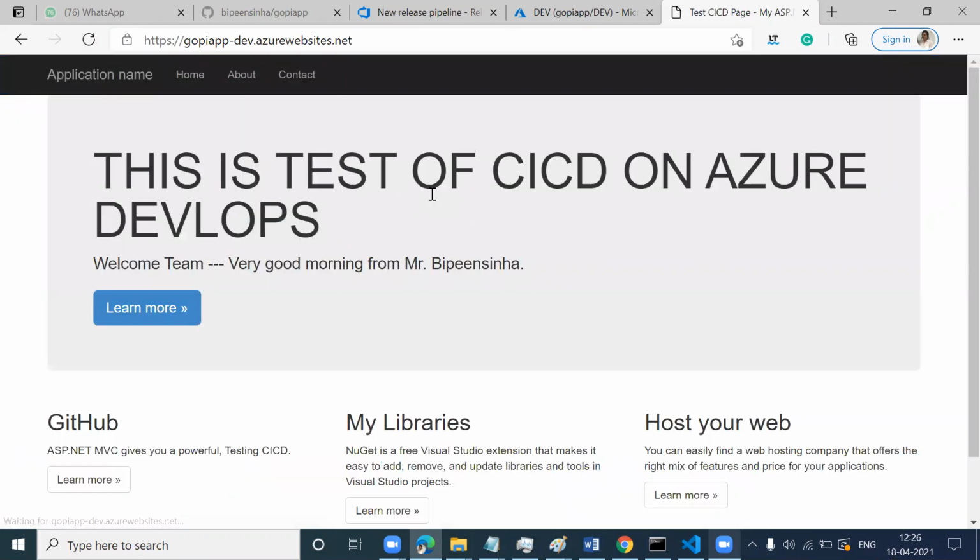You get that? This is what we have made yesterday changes, right? So it means that your dev URL contains the updated code, and you are, let's say, a dev